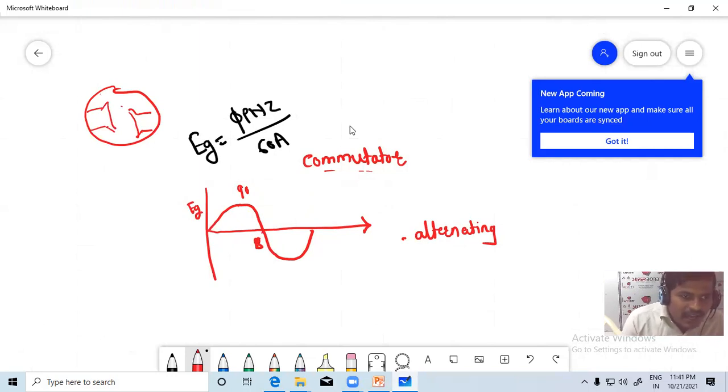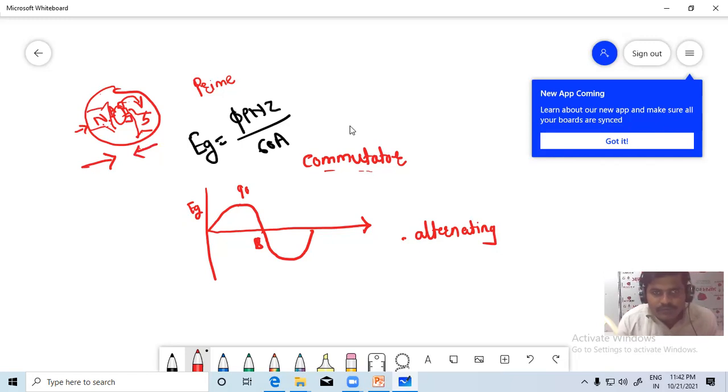In the armature there will be armature conductors or coils. When a coil passes from one pole to another pole, it rotates continuously because the prime mover is attached to it. Suppose here the N pole is here and the S pole is here. Consider one coil, suppose coil A. First, this coil A is under the N pole and carries a current in this direction. When this coil comes under the S pole, it carries a current in the opposite direction.